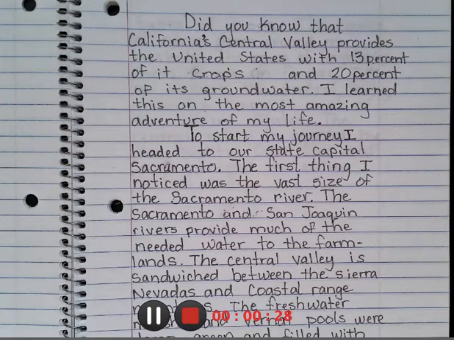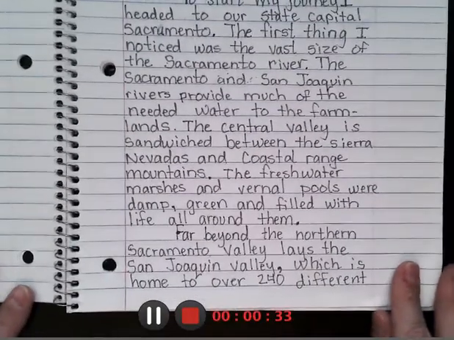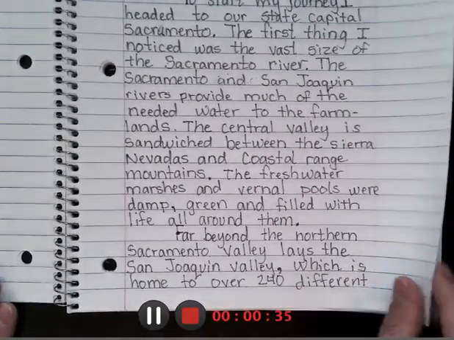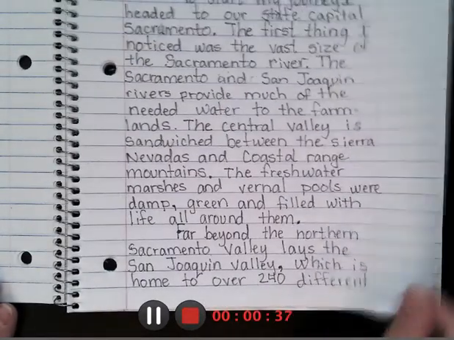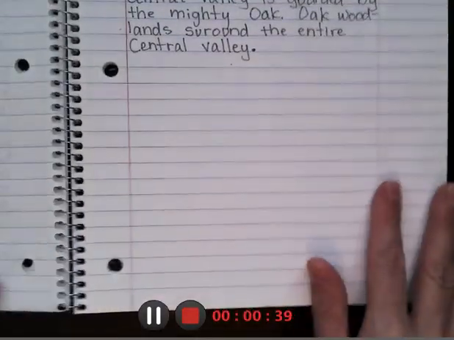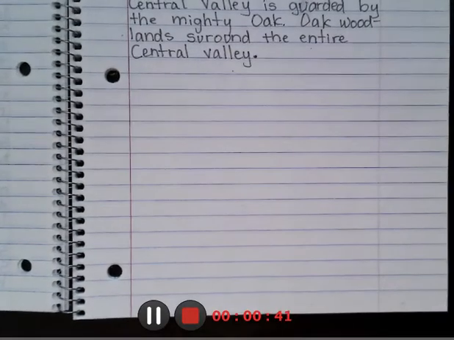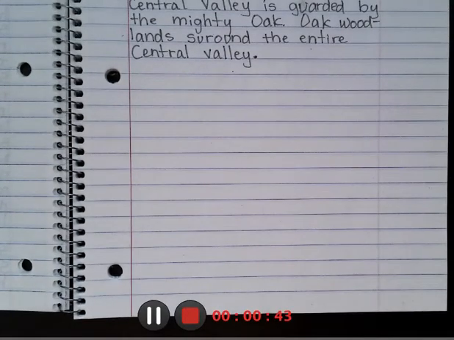We did our second body paragraph, which explained what vegetation and plants we found along our journey. And today we will be doing our third body paragraph, which is going to explain what animals we encountered on